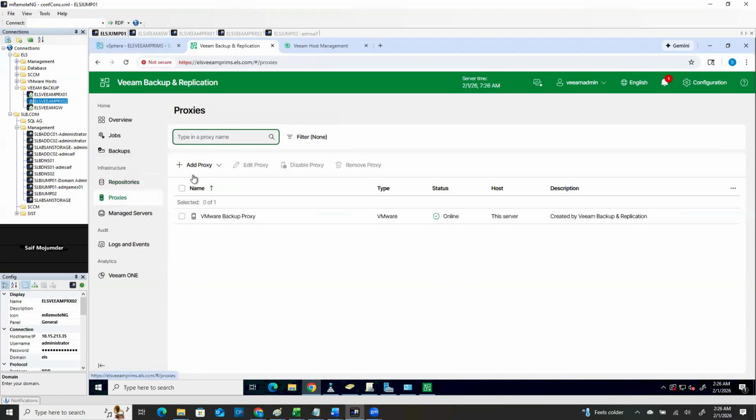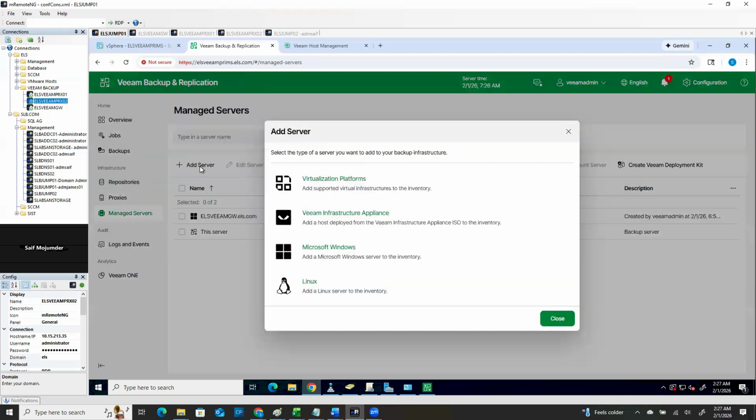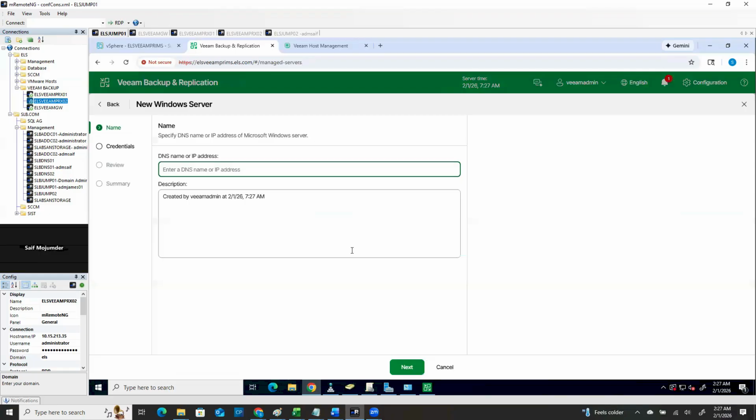But if you go here, add a proxy, you cannot do it from here, right? So how can you do that? You have to first add it here as a managed server. So add server, Microsoft, and then your proxy one, right? So add here proxy